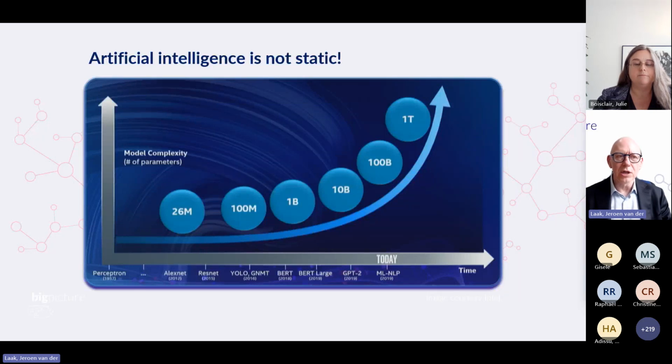We realized very early, and I showed it already in my introductory slides, AI is not static, right? We see that models keep changing, and actually the complexity of models keeps increasing, which is very clearly shown here on this slide from Intel. So what we can do with AI today is not what we can do tomorrow. We will not be able to really predict what tomorrow will ask from us. It also means that we will not be able to predict what kind of data we have to collect today